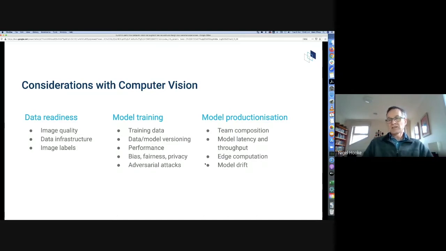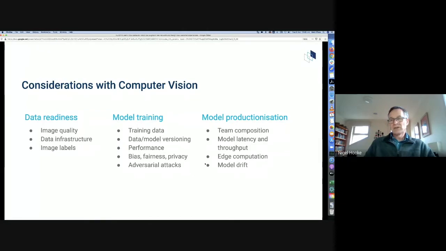And then as your model is put into use and people start to use it, you may find that its performance after a time seems to be less accurate than what you expected. And that's a not uncommon phenomenon called model drift, where what has happened is the kind of inputs you're presenting to the model are no longer characterized quite the same way as the ones that you trained it on.